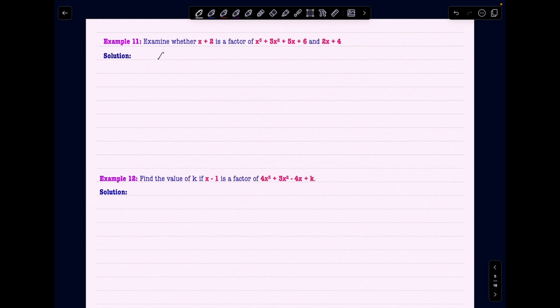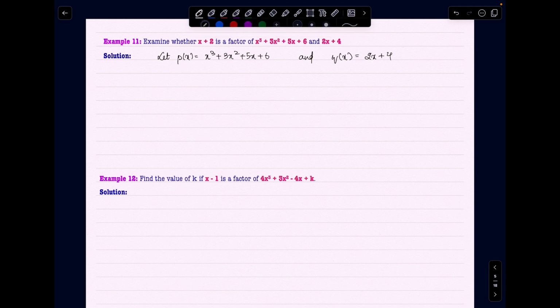Okay, so let me write what? Let px equal these two polynomials. Let me write it in short form. px equals this polynomial x cube plus 3x square plus 5x plus 6 and qx equals 2x plus 4, so that it is easy for me to write the values. It is saying to check whether x plus 2 is a factor or not. Okay, x plus 2 is a factor. I have been told,